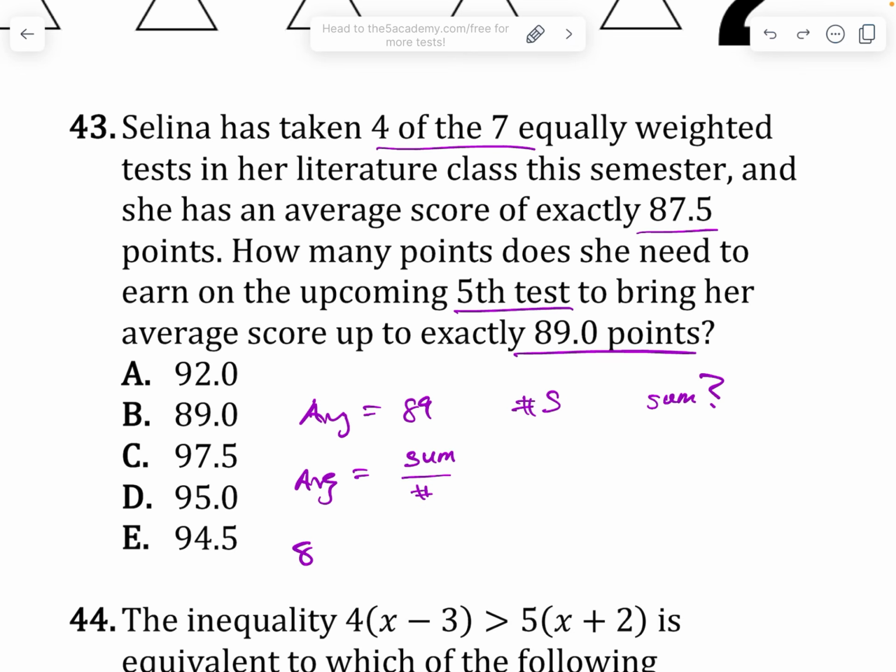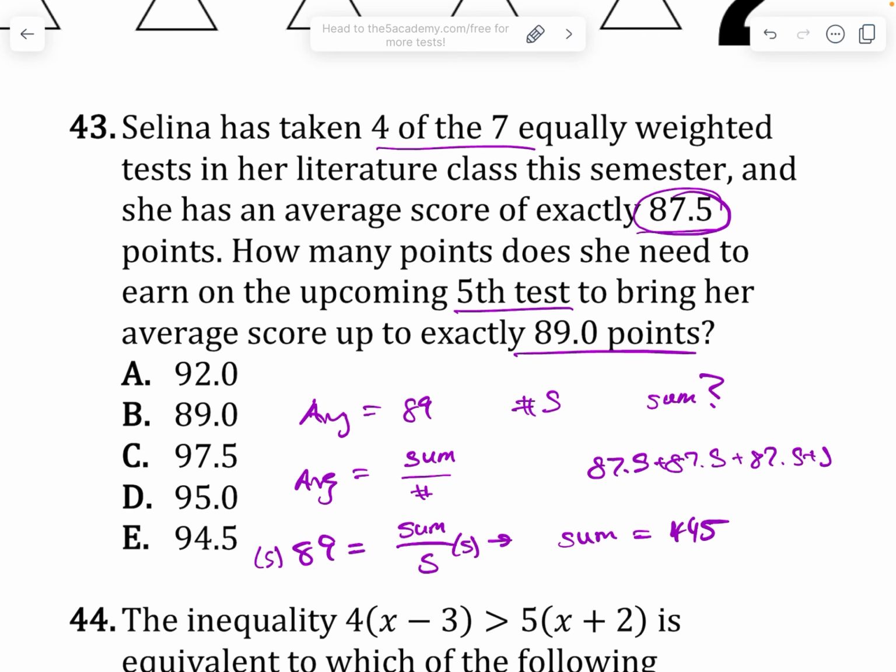89 is my average. That's the desired average. Is equal to the sum divided by the number of tests, 5. So my sum of all my points of all my tests should equal what? 89 times 5, which is 445 points. Okay. Now, if I have an average of 87.5 for the first 4, that means that the first 4 tests, you could just model them as 87.5 plus 87.5 plus 87.5 plus 87.5, which gives you